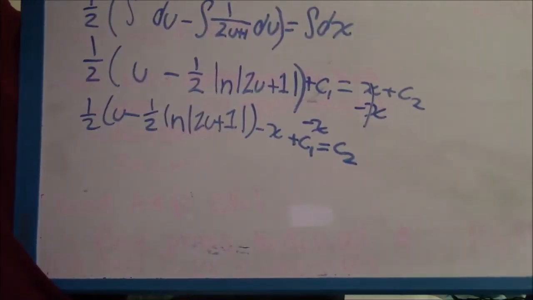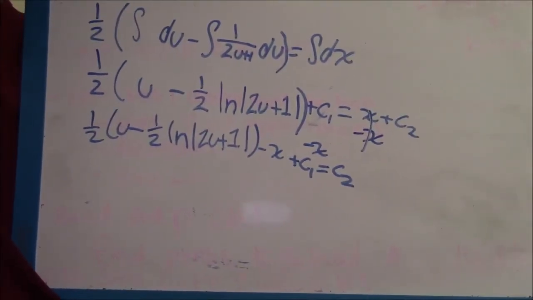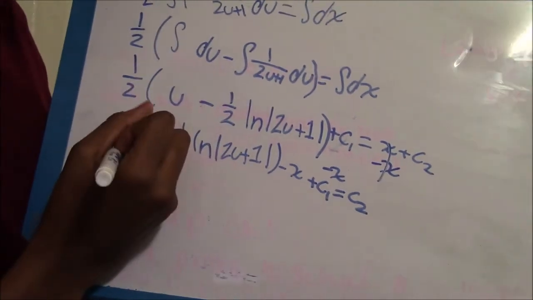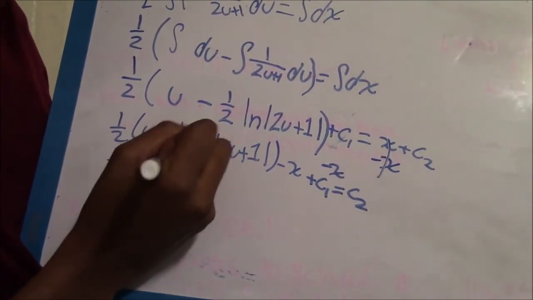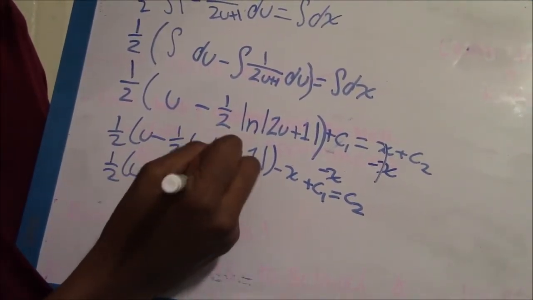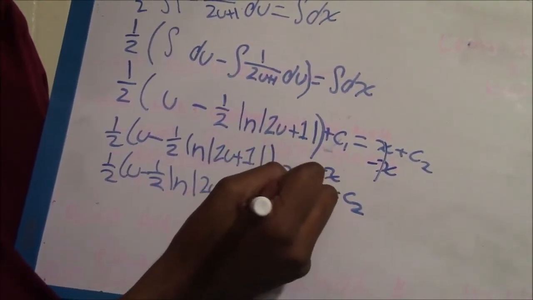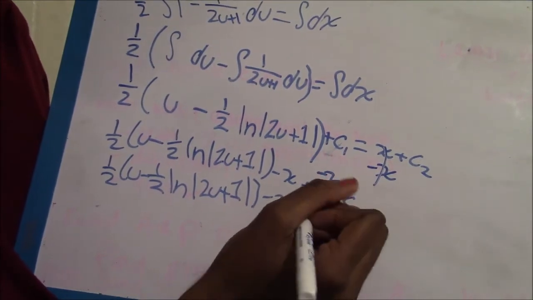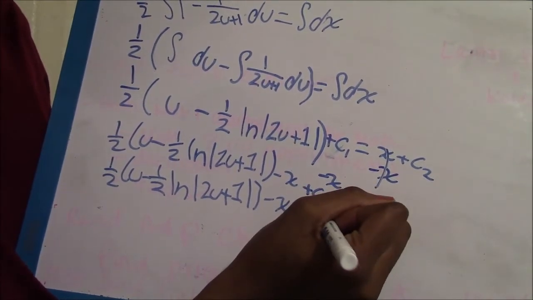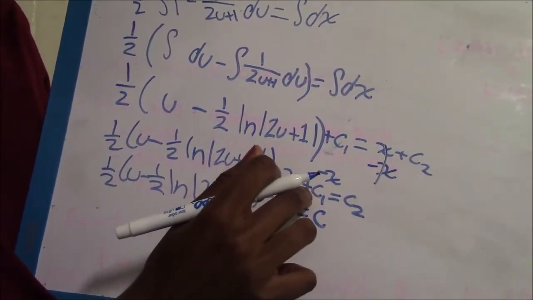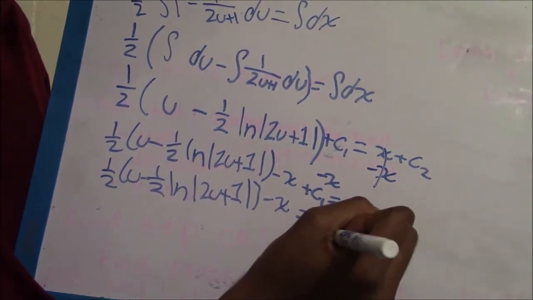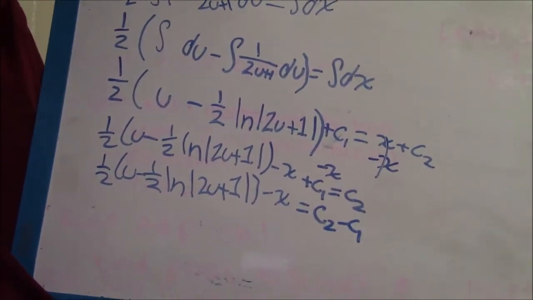Then once we get that, we want the c's on one side, of course, so 1/2 u minus 1/2 ln of the absolute value of 2u plus 1 minus x equals c,